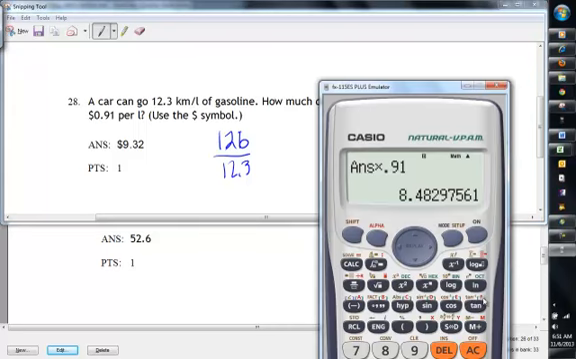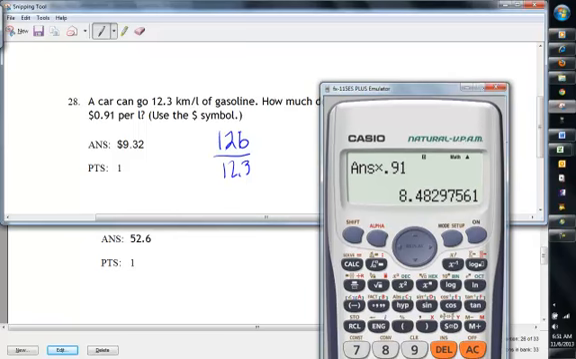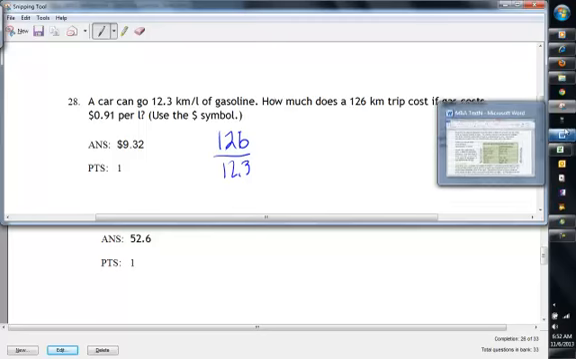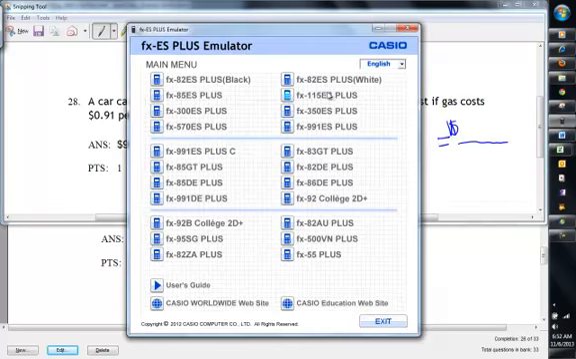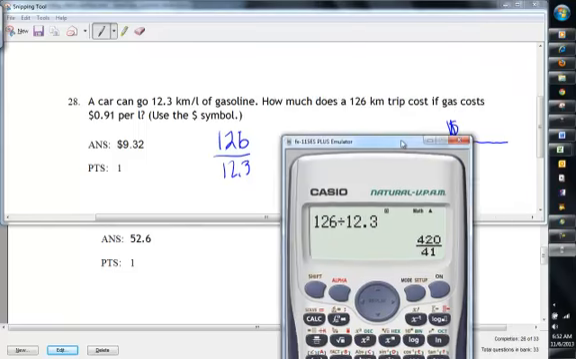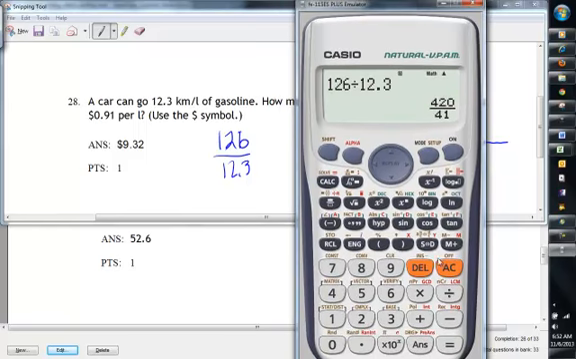and we get, what did I do wrong here? Kilometers per liter. Okay, so I gotta do my calculator over again. 126 divided by 12.3, and we multiply that by 91 cents per liter, gives us